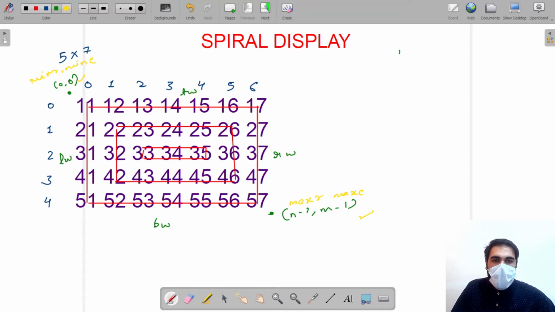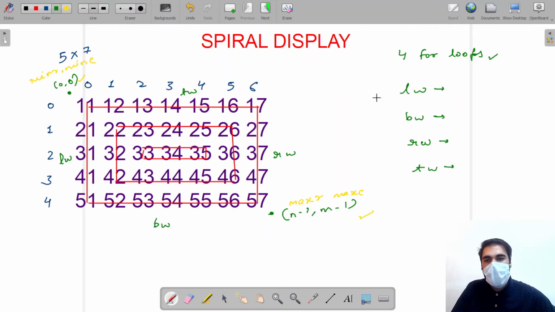So we basically need four loops to traverse in these directions and complete a box. Each wall will take one for loop, so we have a total of 4 for loops.